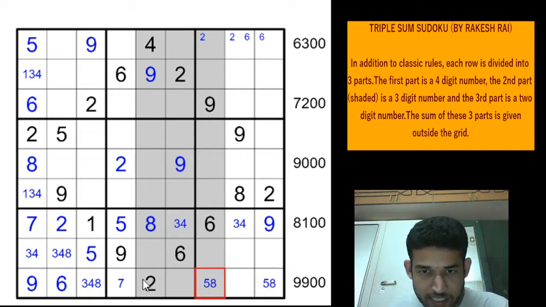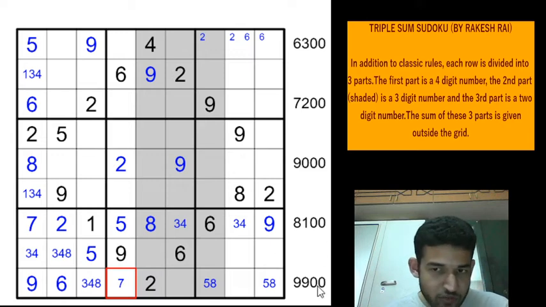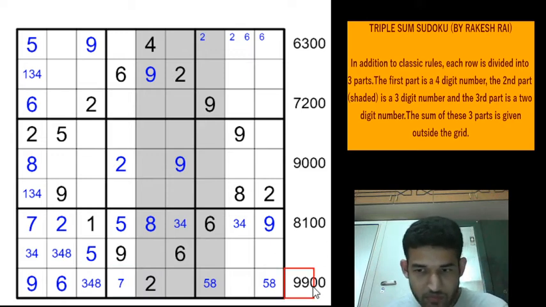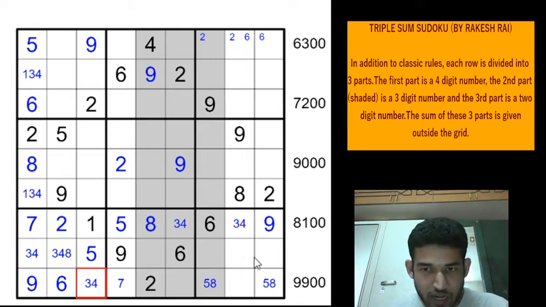So when we have 5, 7 and 8 here, we have a carryover of 2 to the tens position, and 8 here eliminates the 8 from here. So this will be 3, 4. So the digits in the tens position must add up to 10, right? They cannot add up to 20 because 6 plus 2 needs to have a carryover of 1. So we have a carryover of 2 now from the units position. So these cells must add up to 8.